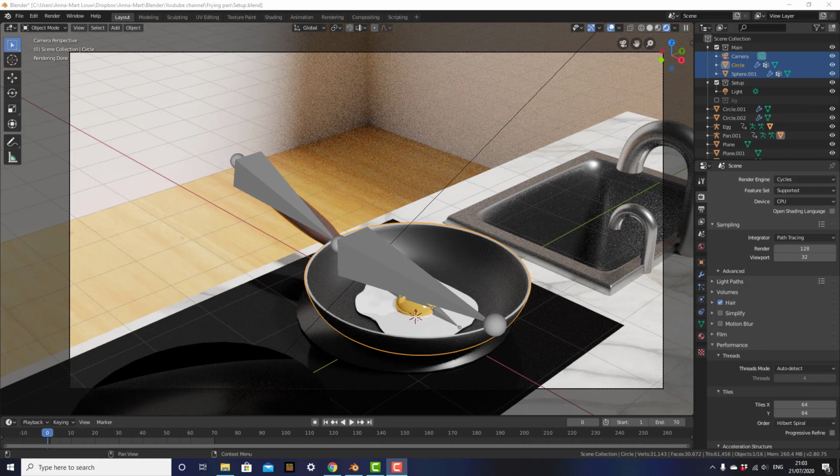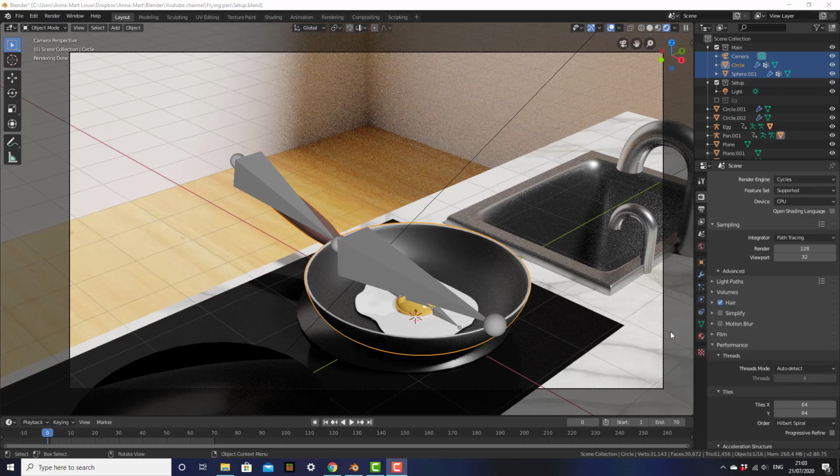Okay, so everything is ready now. We already did the materials, the setup, the lighting, everything is ready, and now all we need to do is render it so that we can have a final image and video file. Those are the two things we're going to do today. The first thing is the image. There are a few settings that we need to change first before we can do that, and the first thing